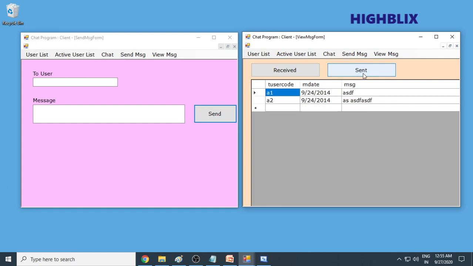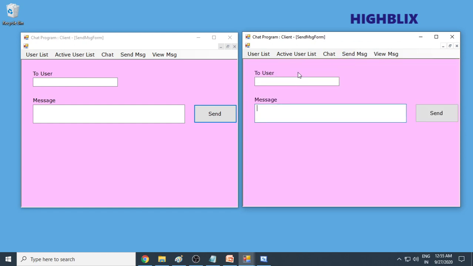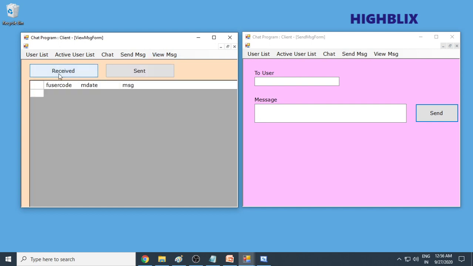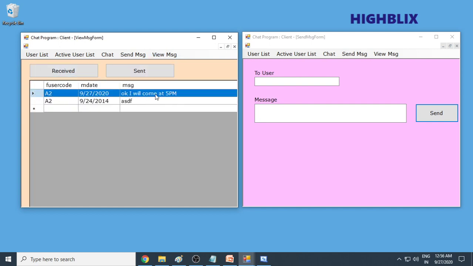You can send a message again, and whatever was sent is shown here. You can send a message to A1: Okay, I'll come at 5 p.m. Send. Now if you want to view received messages, you can see you have received the message from A2. So you can communicate one to one here.